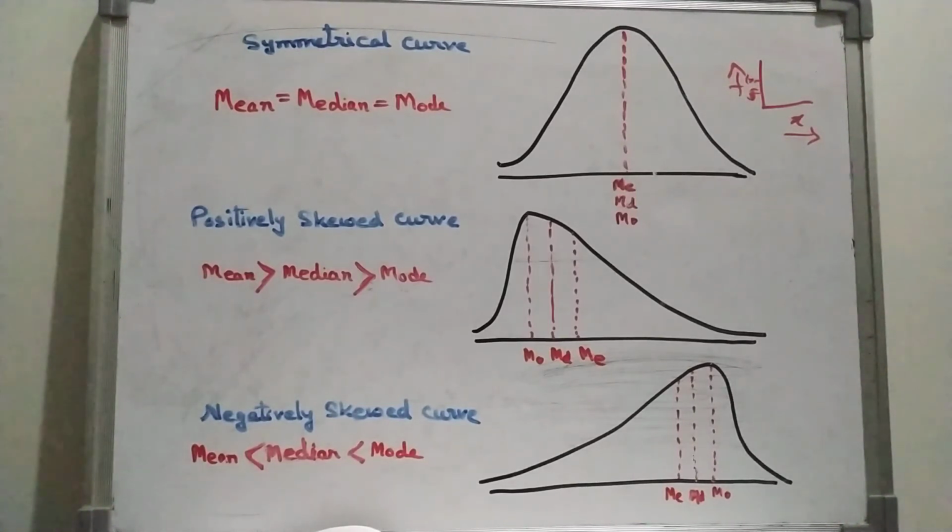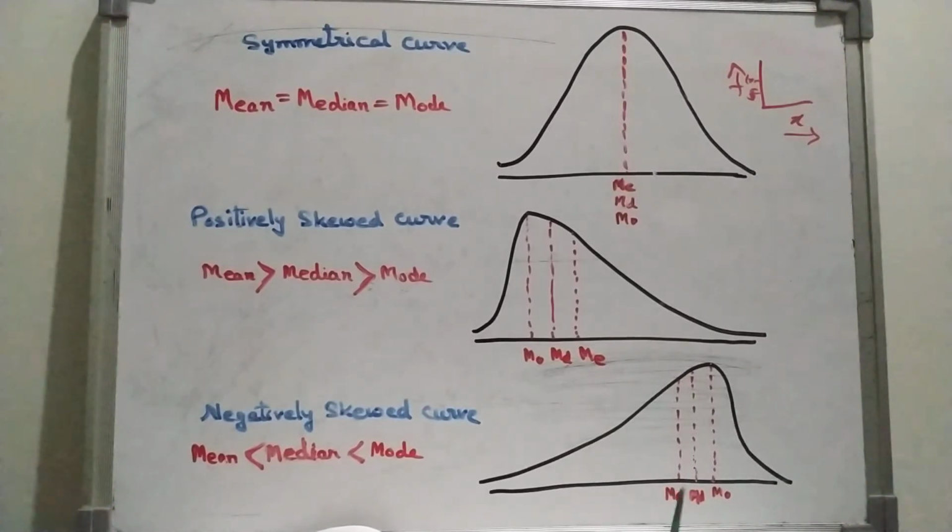This is the position of mean, median, mode whenever we get this type of curve. Whenever we get a positively skewed curve after drawing the frequency distribution, we get this curve by joining the coordinates. Whatever coordinates we get, if we join them, you will get this curve. So whenever the curve is positively skewed, this is the position of mean, median, mode. You have to remember this. And whenever you get a negatively skewed curve, this is the position of mean, median, mode.